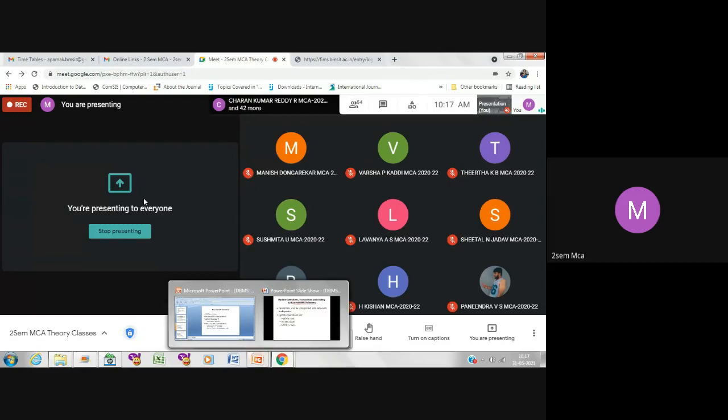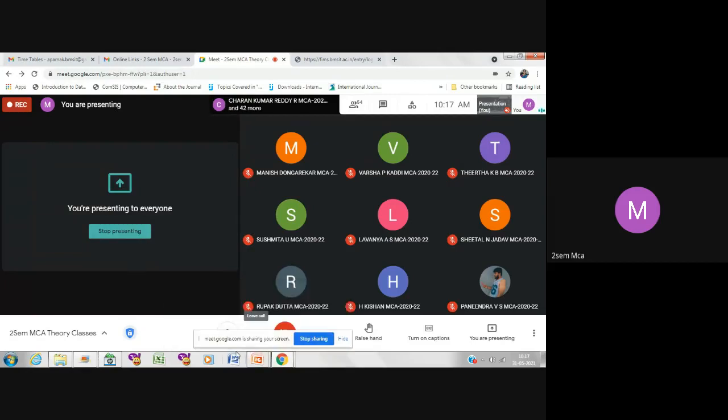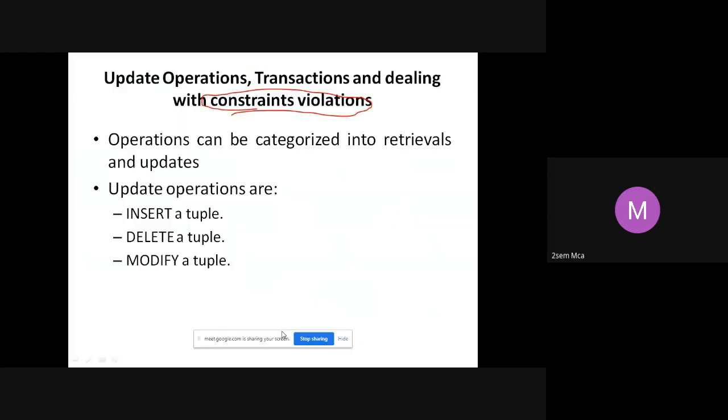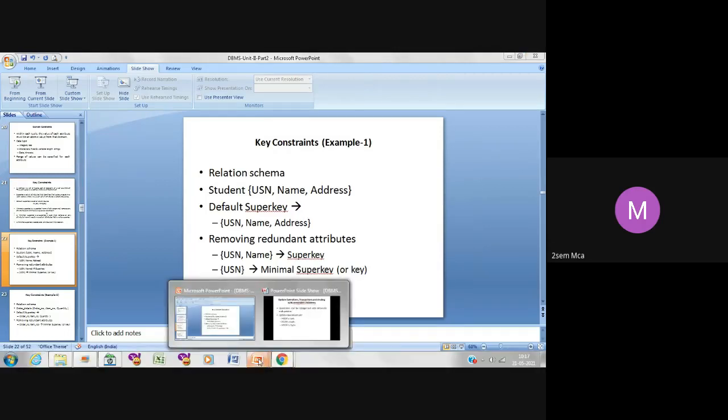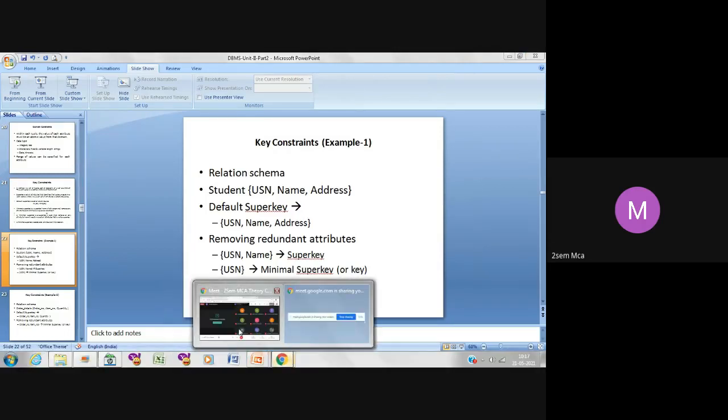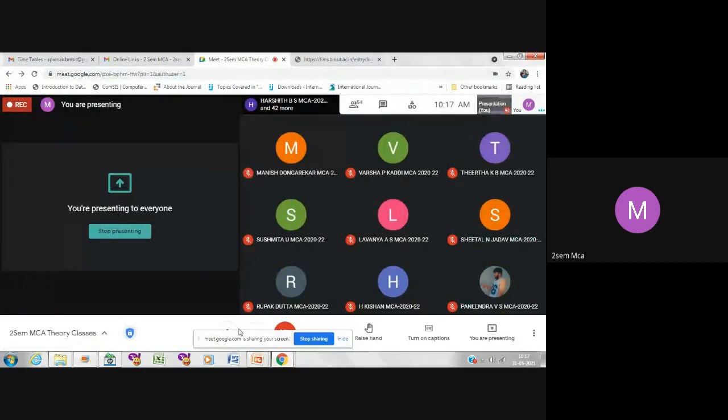When I say transactions or updations, it will undergo some kind of changes. Transaction means what? I try to take out some data, but when I pull that information, the database will also get changed. The value will also get changed. That is a transaction. That is an update.